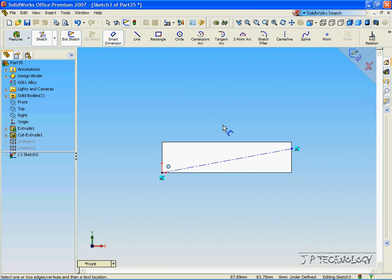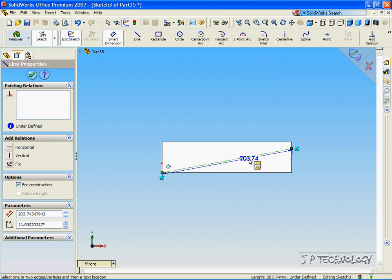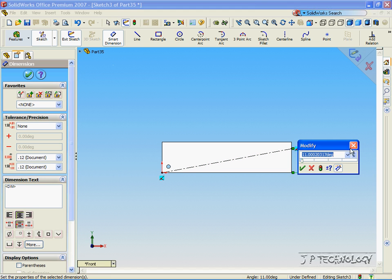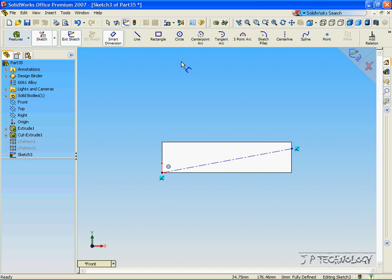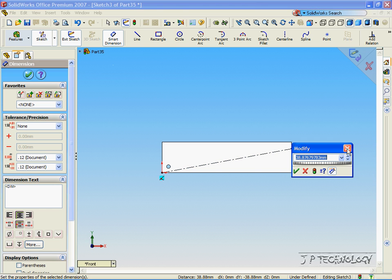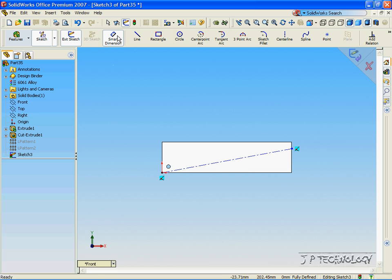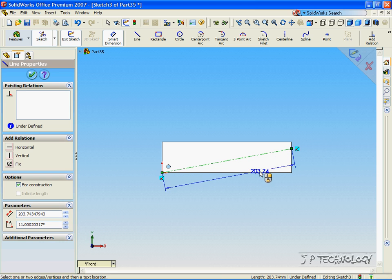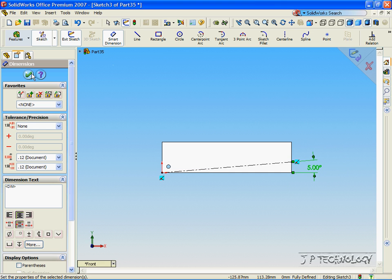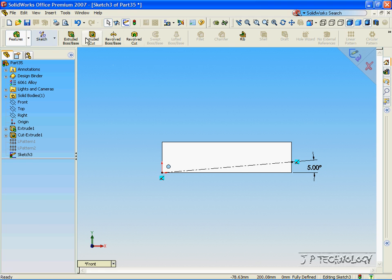With the Smart Dimensioning tool, we're able to either dimension the angle in between the two, or we can dimension the distance in between this point and this point. For this, let's do the angle. So we'll click this line, and let's make the angle 5 degrees. Click OK. Now click the linear pattern,